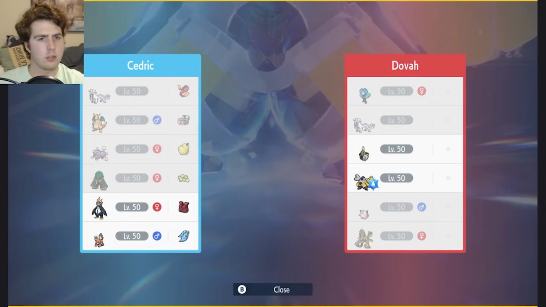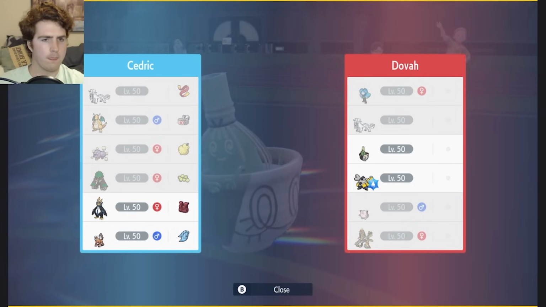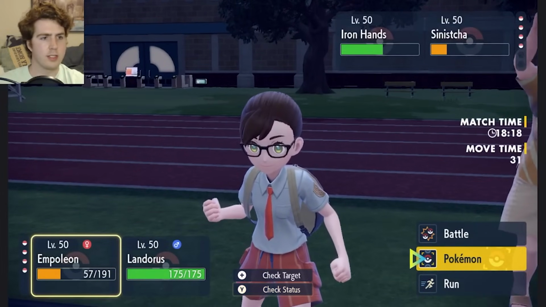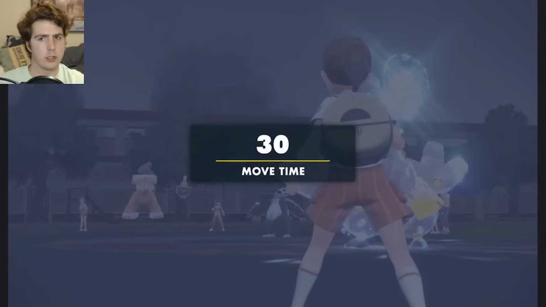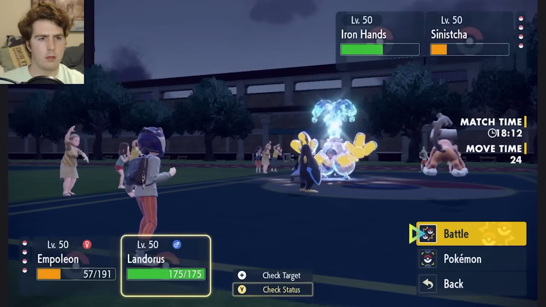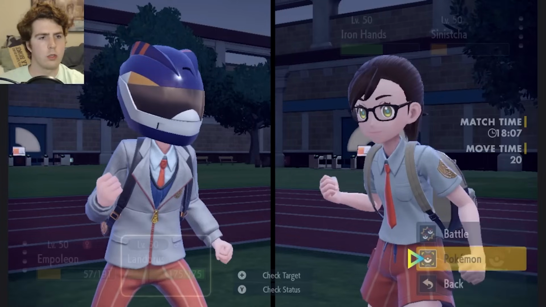They probably don't expect Grass Knot coming out. I think it'll probably knock out Iron Hands. Who do I want to preserve here? Because I think Sinistra's getting back up to full. Yeah, I'll go for Grass Knot into Hands and then switch into...